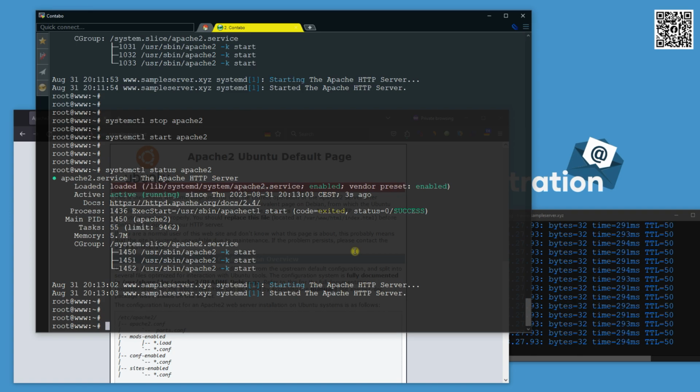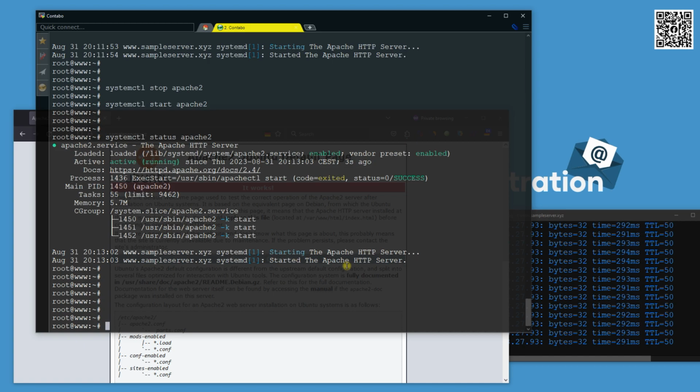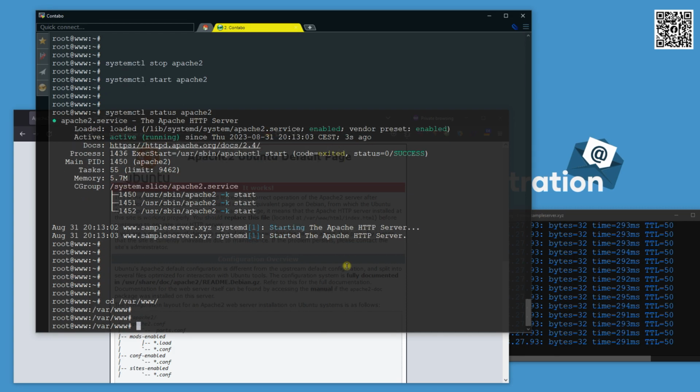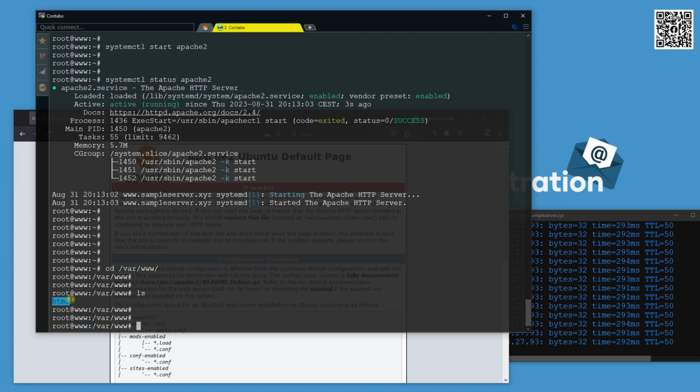Now what I'm going to do is modify the configuration. To modify the configuration, I will go to the cd. Okay, let me show you. cd /var/www, ls, html. Basically this is the default document root. We will get into that. So this is the default location